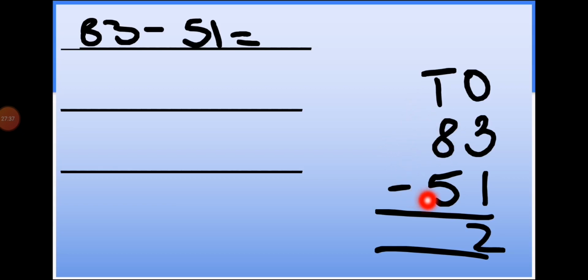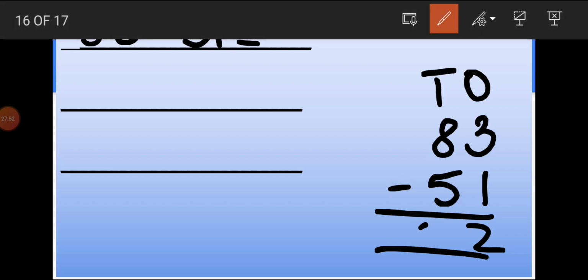8 tens cut 5 tens. You can count in tens. Put 5 tens in your mind, now count tens till 8 tens. 5 tens, now count on 6 tens, 7 tens, 8 tens. Stop. How many tens I have counted? I have counted 3 tens. So it means my answer is 32.